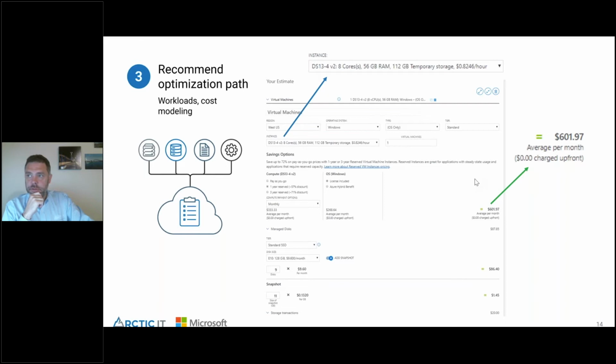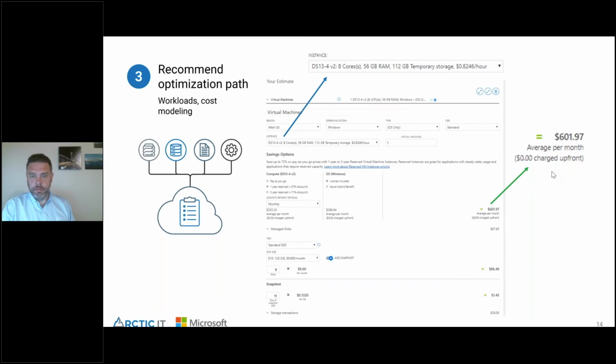So Windows Server, SQL Server, we give you the ability, if you have software assurance for those licenses on-prem and you're using those licenses, let's just say SQL Server, for instance, if you have an Enterprise or Datacenter edition of SQL Server on-prem, you can move that SQL Server into the cloud without having to incur the licensing cost, because you already have the license based on the on-prem licensing.